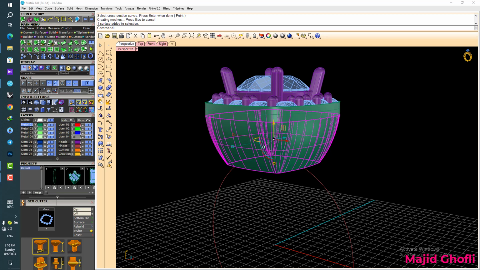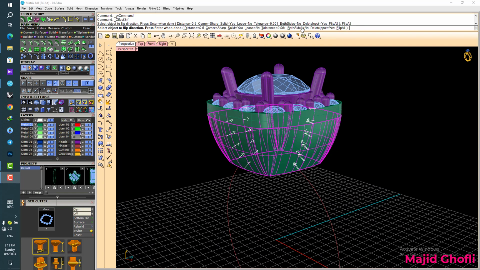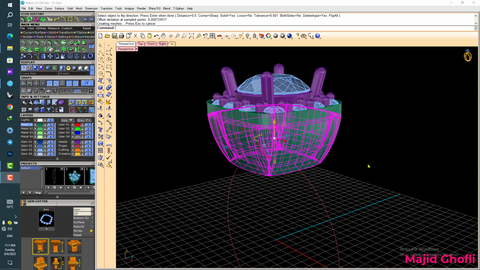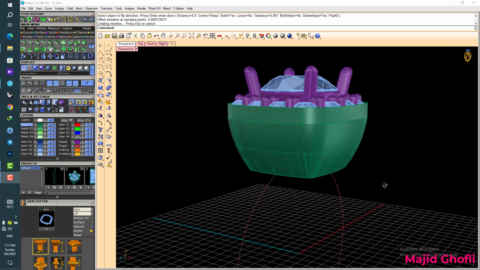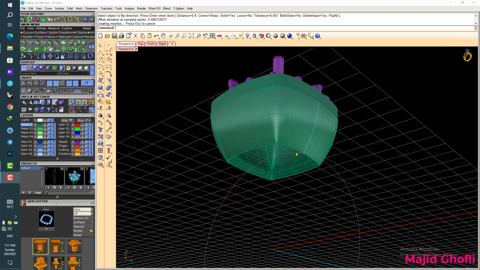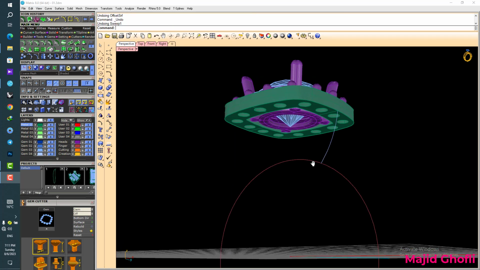Now yes, we go to the surface and use offset surface. Both sides no, and solid yes, and I think 0.8 is good. Look at this. Okay, now